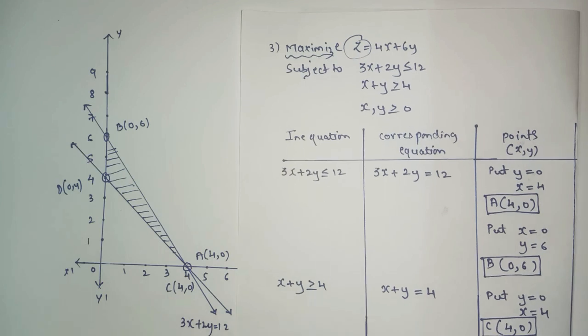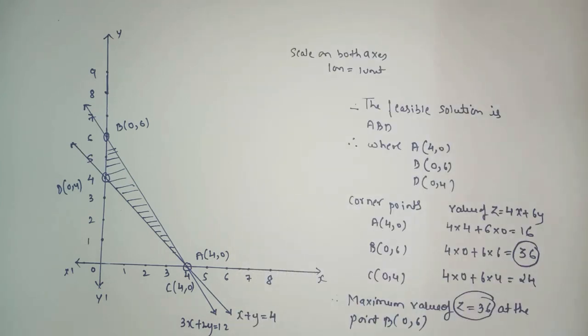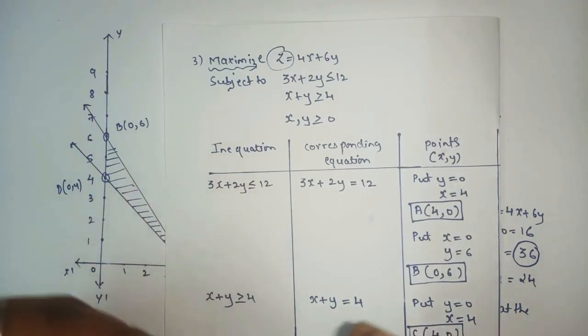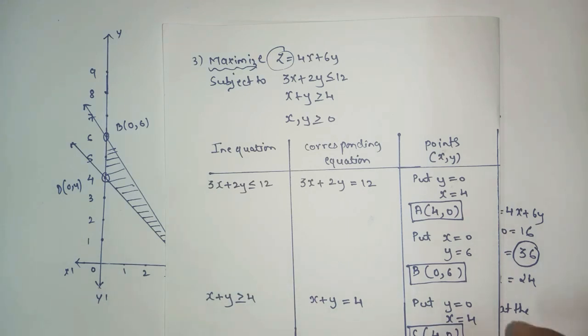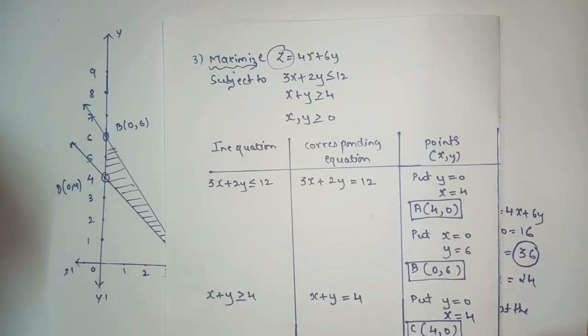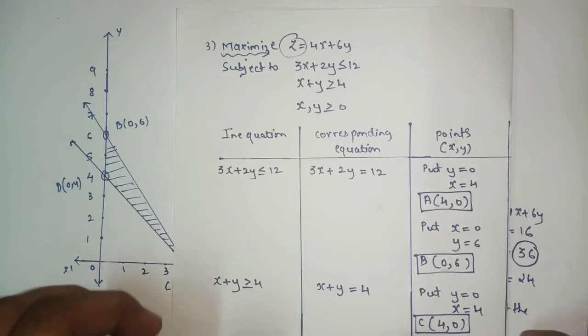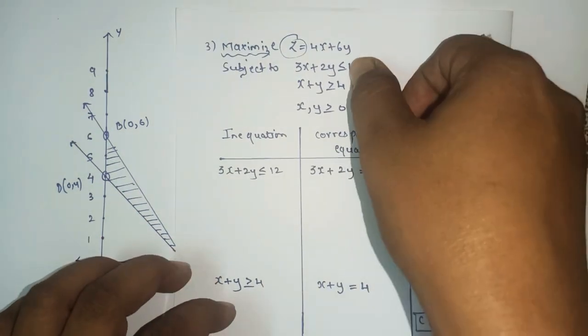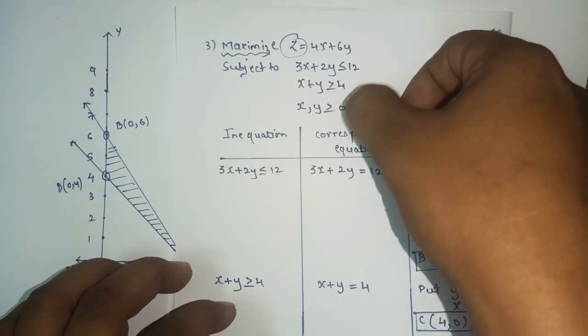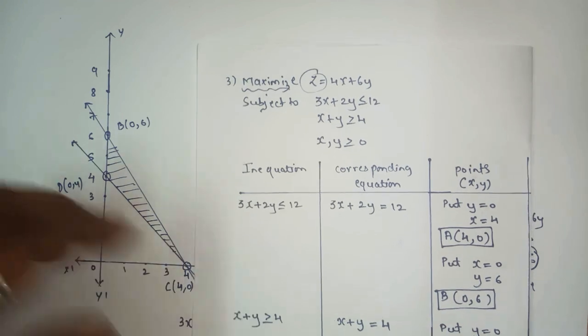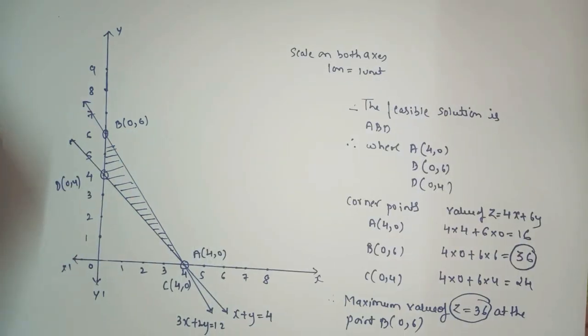Okay, so now we'll take two more examples where there will be linear inequations only, but more than two. So now we'll deal with two or three more examples based on the same graphical method, where you will see that it will contain more than two linear inequations. So let's move on to the next question, number 4.